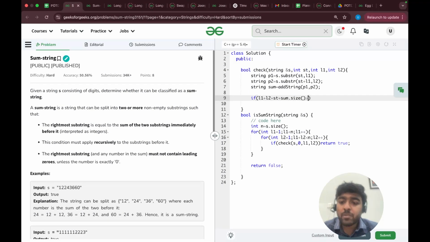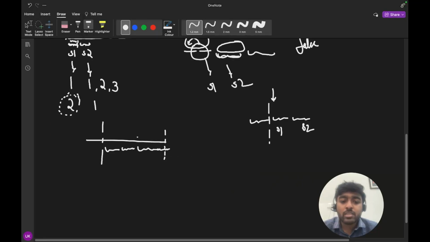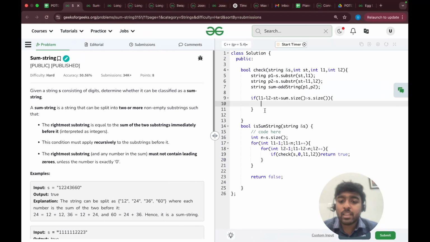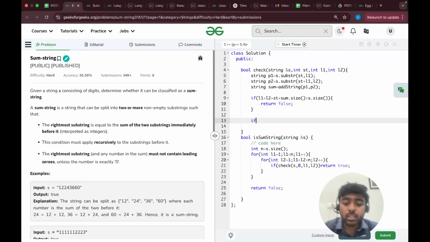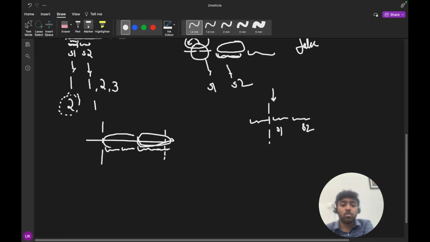So I will see that if it is greater than my s dot size, it means the sum cannot exist in the left part of the string. So it means the answer is not possible for that case. So just return false here. Now if this is not the case, we will check whether the sum of this p1 and p2 is equal to what we have here.